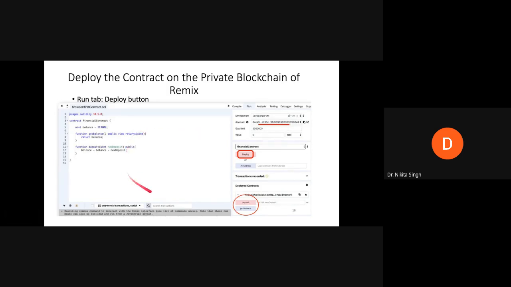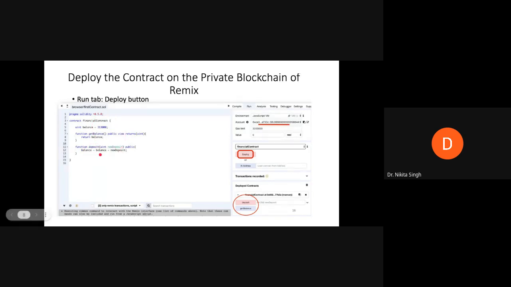You're all familiar with the Remix environment where you can write a smart contract to interact with your blockchain. Here, what it is doing is that you have some balance in your account, you are viewing the balance, and if you get any new deposit, that deposit is added.